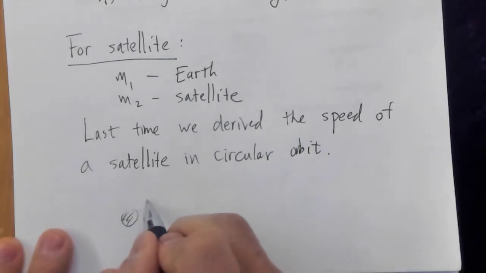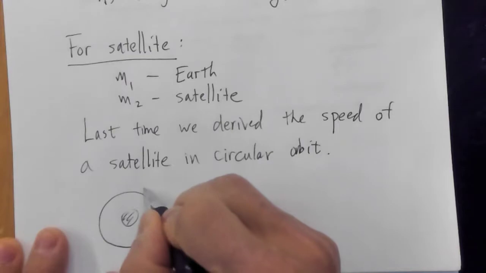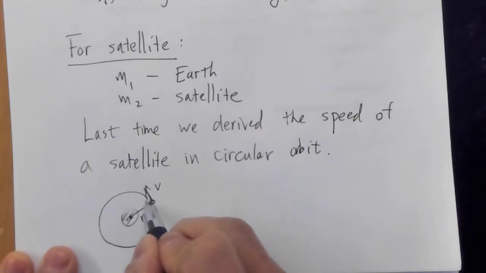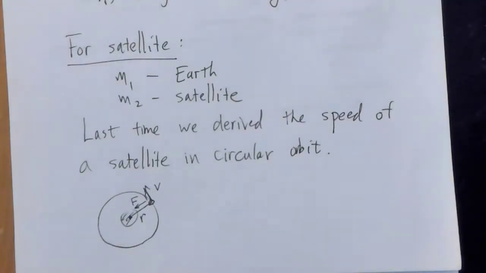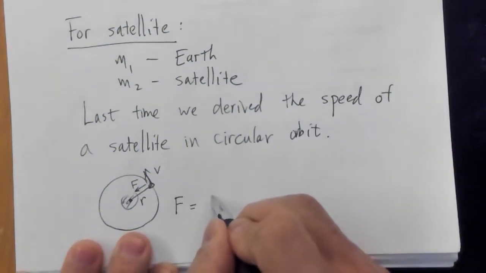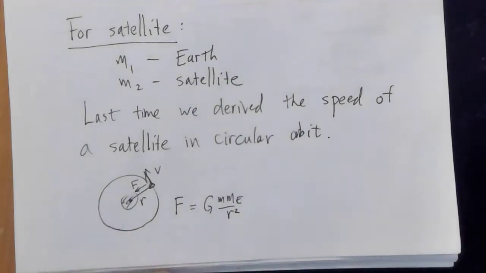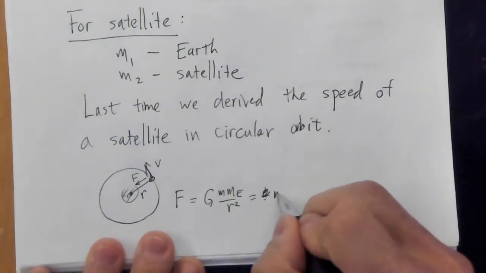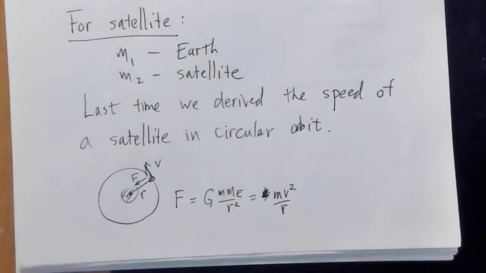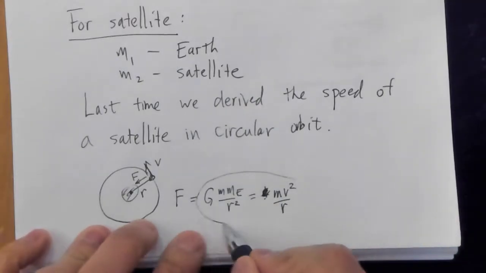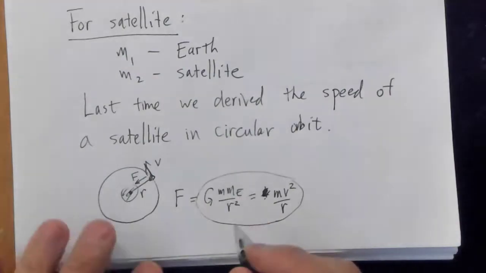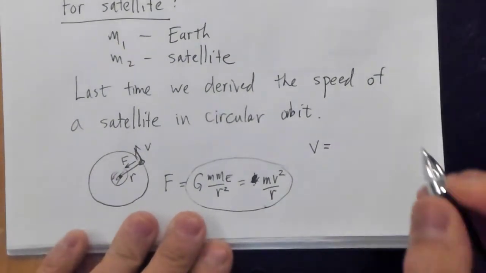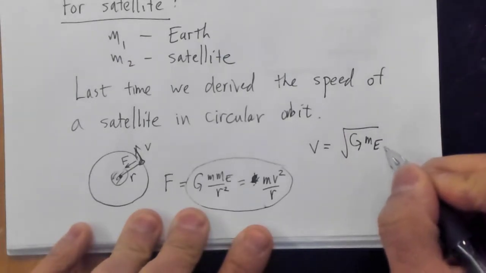We said, okay, here's the Earth, and we have a satellite going around a circle, and it has some speed v, and here's the radius from the center of the Earth. There's going to be some pull due to gravity, right? And that pull due to gravity, we said, in magnitude, is G times M times M_E over r squared. But it also has to give me the centripetal force, which will be equal to m v squared over r. You guys remember doing that? Okay. And so we set these equal to each other, and we solve for v. You can pretty much do that right now. You cancel out the m's, you cancel out one factor of the r's, and then you end up with the formula that v is equal to the square root of capital G, the mass of the Earth, divided by